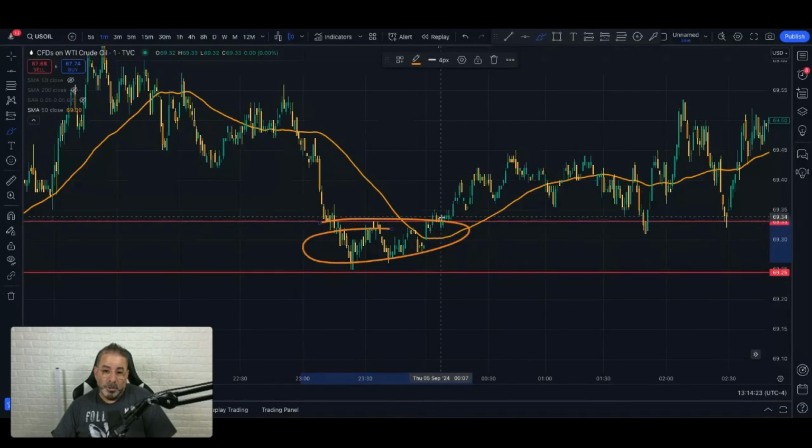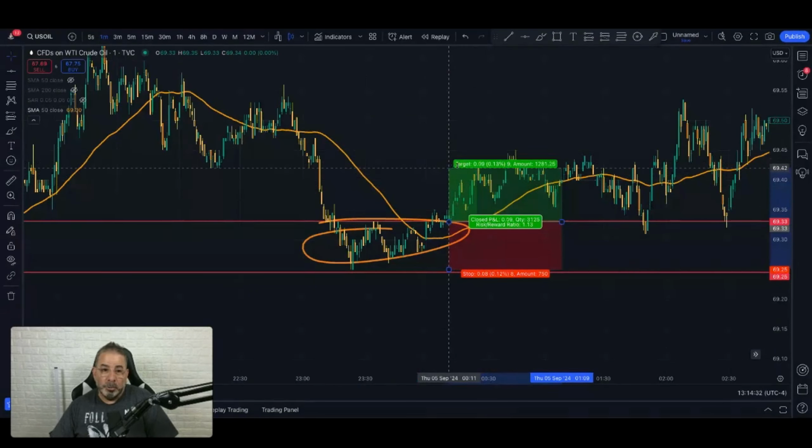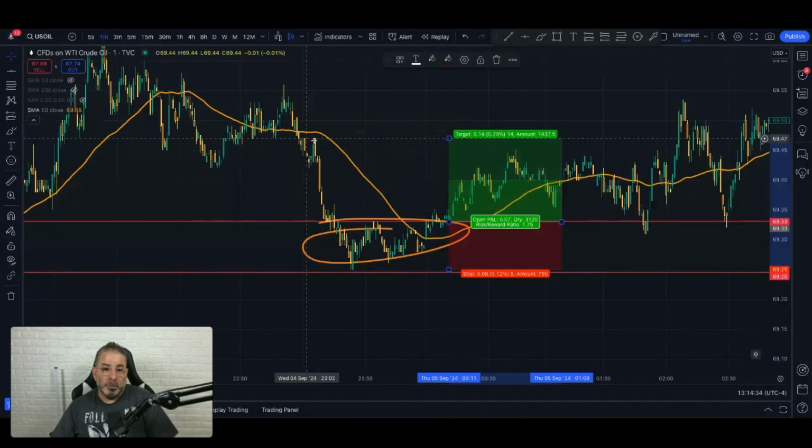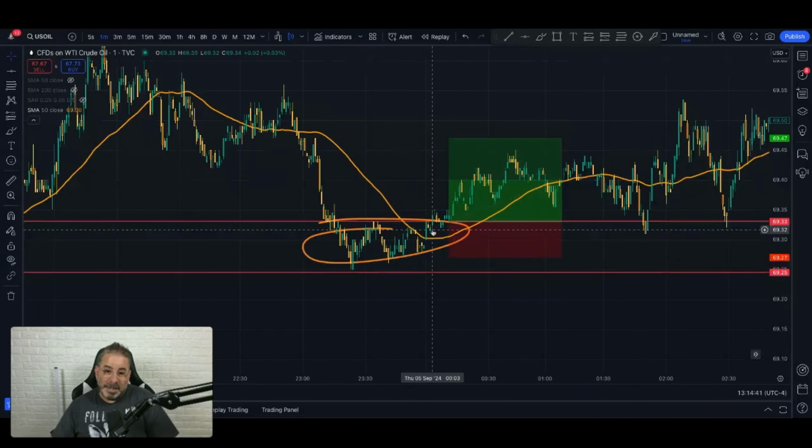That's it. Price told you right here, okay? They started to tell you they might go higher right here in this area, okay? So you enter a buy there. You go long there. It broke out. You try to go to the last highest point, which was over here, and you put your stop loss below right here. And now you're above the 50 moving average. So you've got a lot of things going for you.